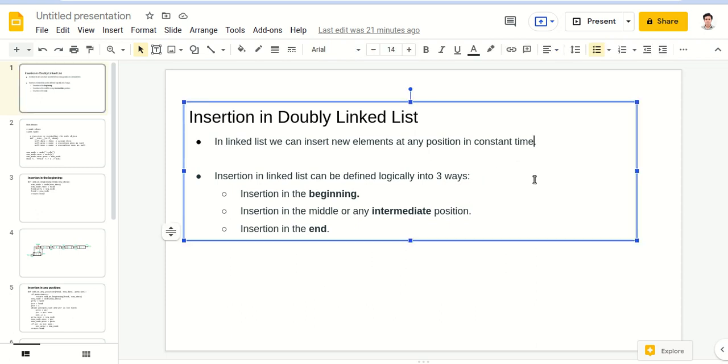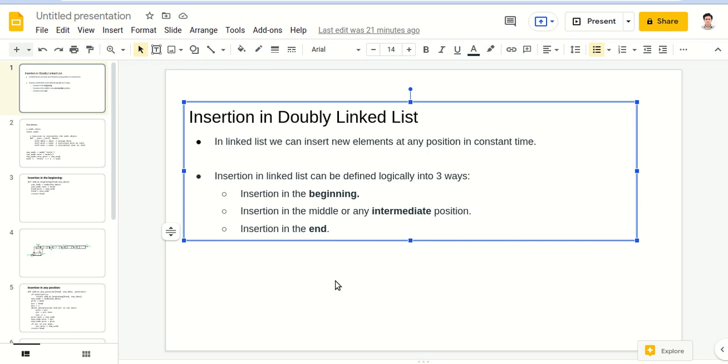If it's in the last position, then obviously we need to iterate to the last element and then do the insertion. But if we simply talk about insertion, it takes constant time. We don't need to shift any element to do insertion.